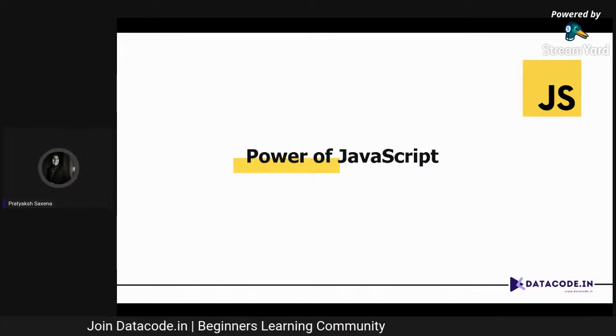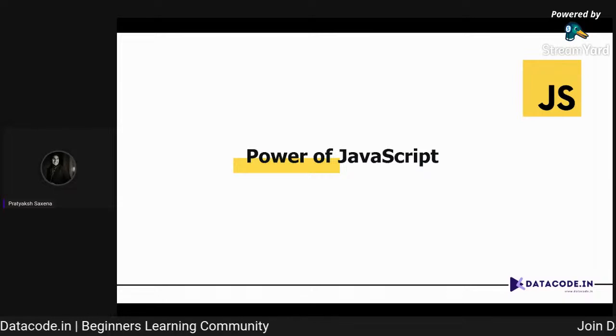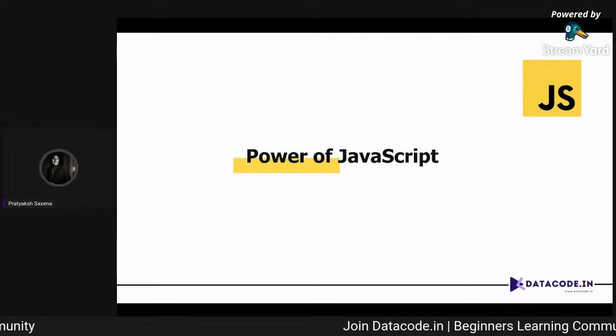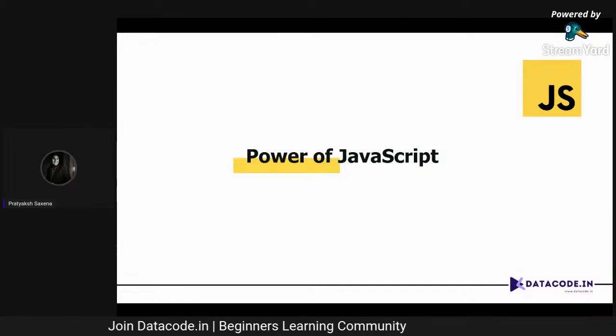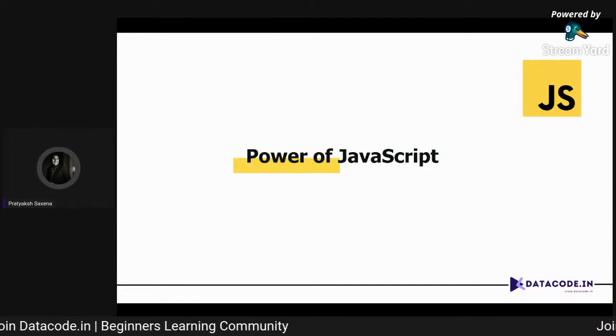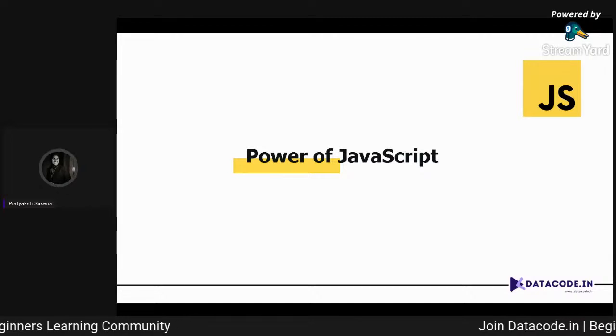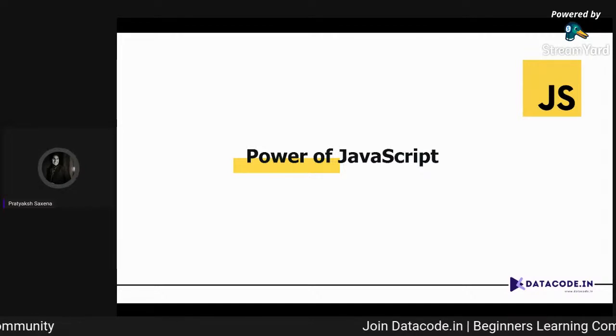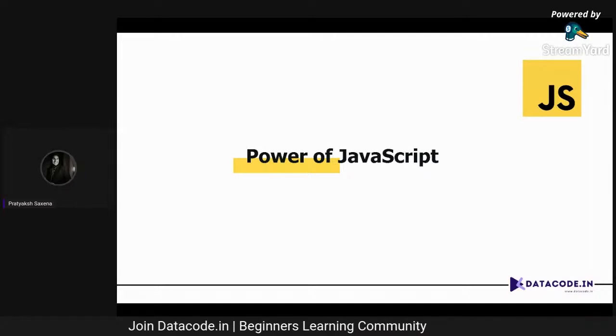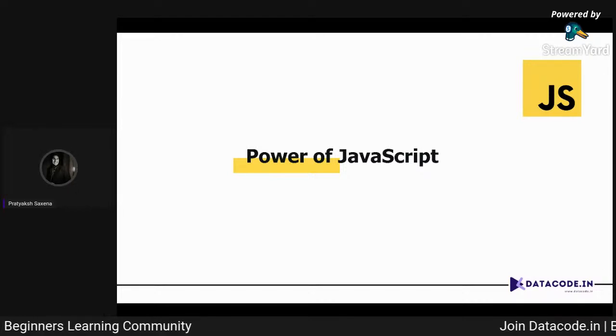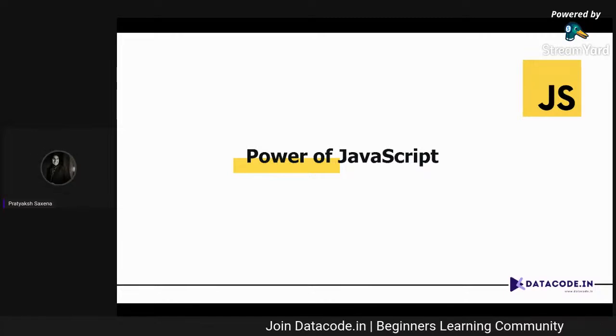Then later we were introduced to something called Node. And what is Node.js? Node.js is an engine, a Chrome V8 engine, and what it does is it runs JavaScript independent of HTML and CSS. So now JavaScript itself became very powerful. Now it can be used not only for HTML and CSS but for other computation also. And then later on we moved with JavaScript into the backend also. And now wherever you go, you can find JavaScript, from mobile app development to web development to backend.